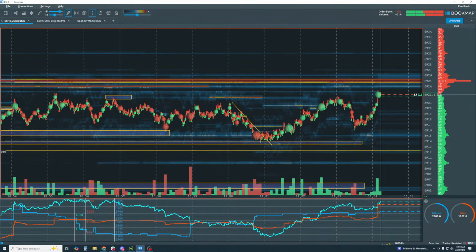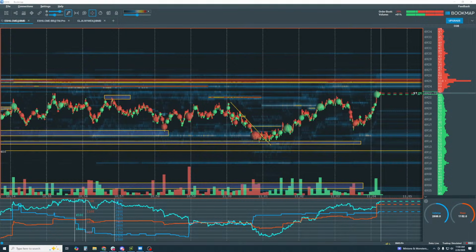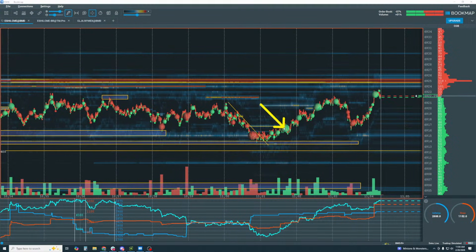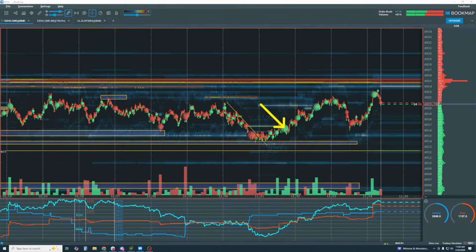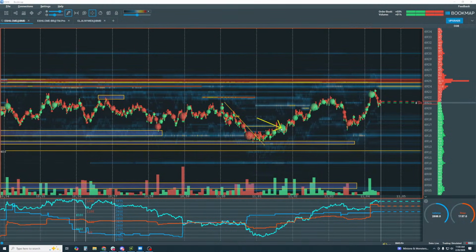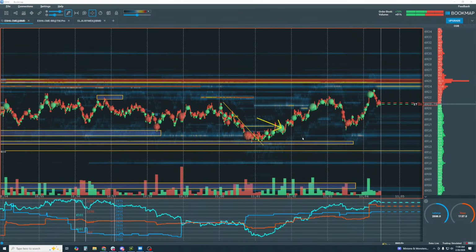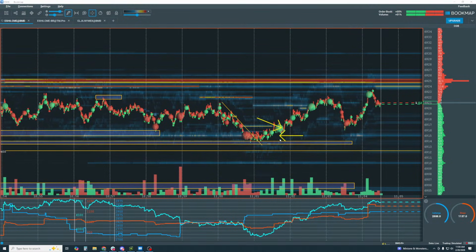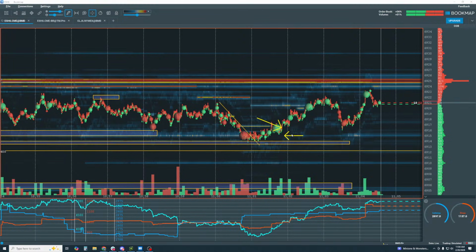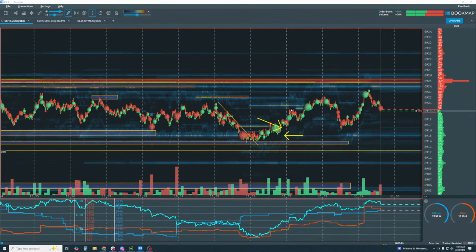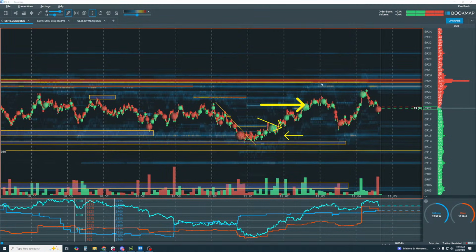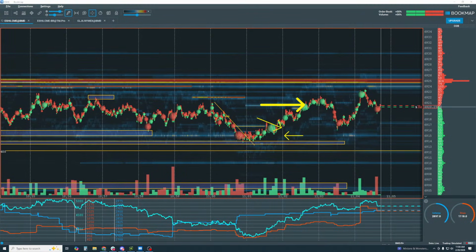In fact, let me just mark it up this way, it'll be easier. That's a little too big. So entry in here. Stop would be a little lower than that. I don't want to redraw it. It'd be a little lower than that, and then target. And then if you trail your stop though,